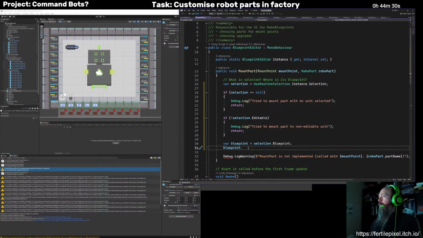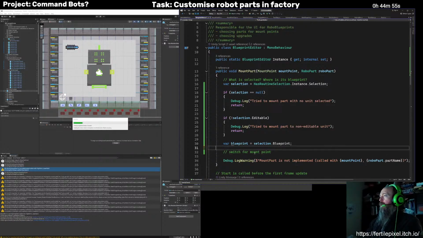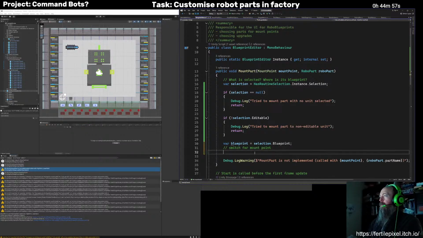Another problem. I'm going to end up needing a big switch statement, the way that this is structured here. Now, if I had made these blueprints in a way that they had a dictionary of part to something else, it would be different. But yeah, let's just go with the switch statement.